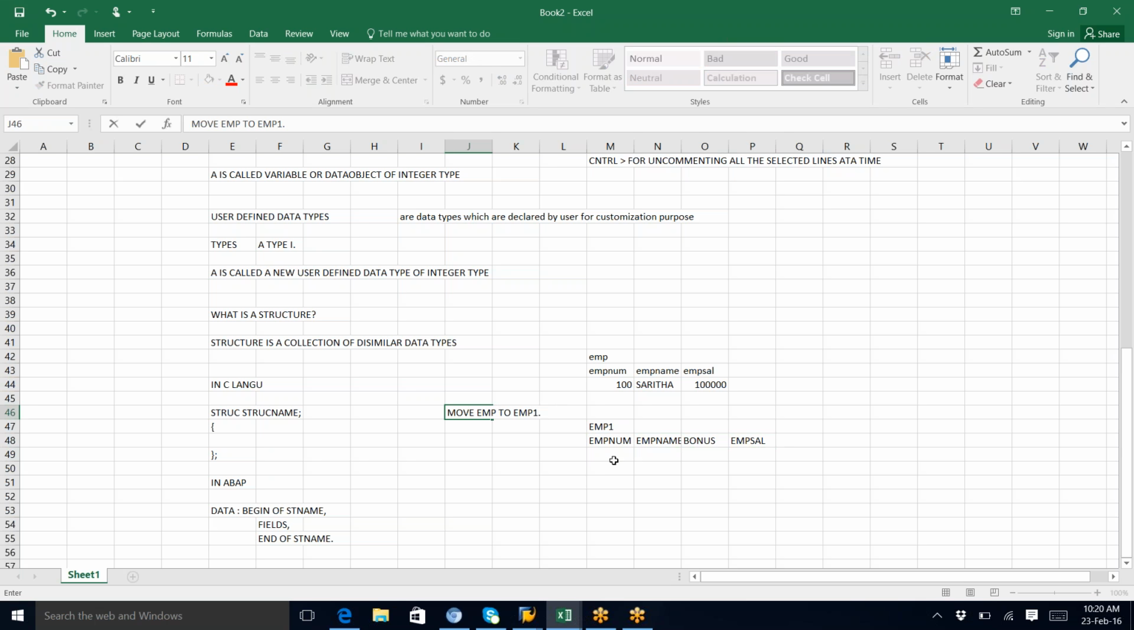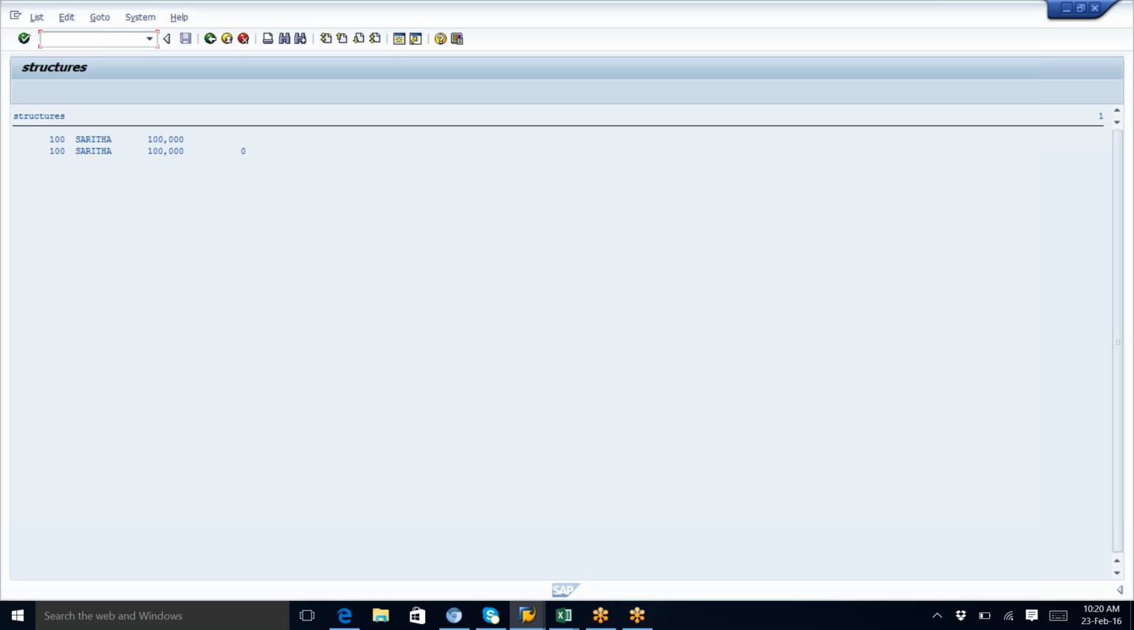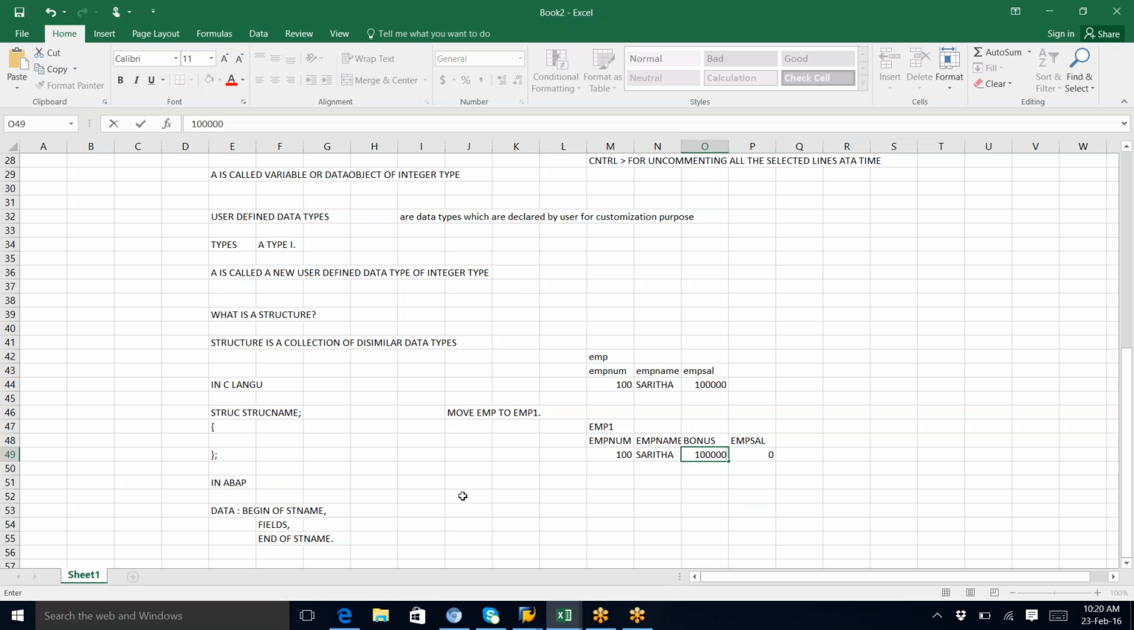What is happening is, this simply moves the data without checking the field names, like this. So in the bonus, the salary is coming. See the output, which is wrong, right? So the condition is, if two different structures are there,